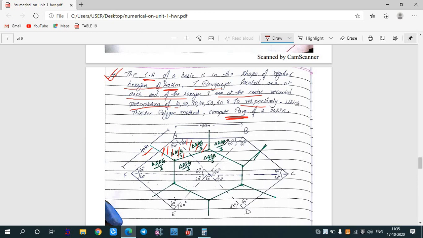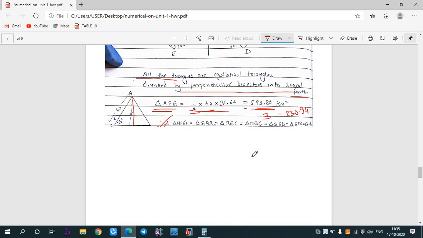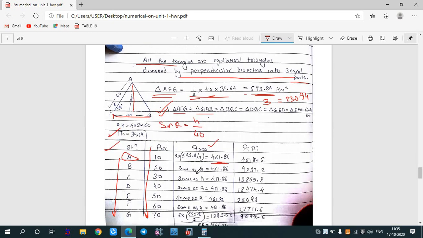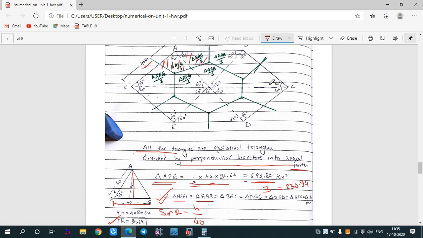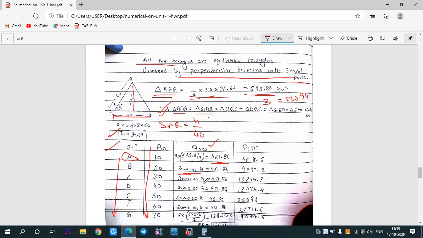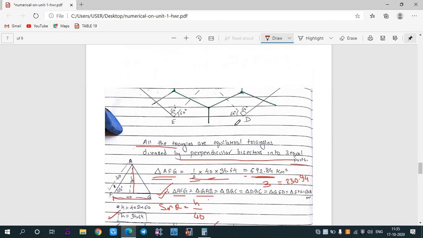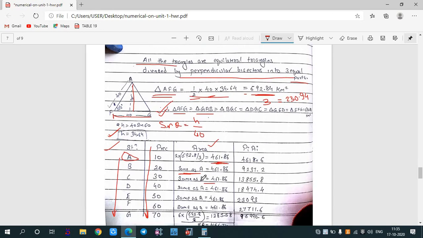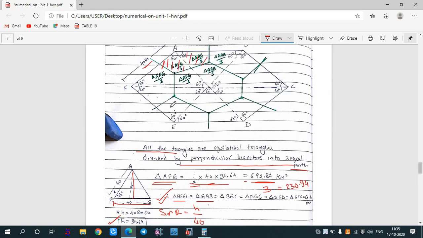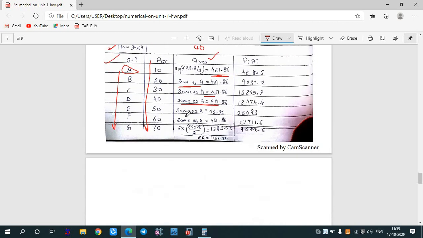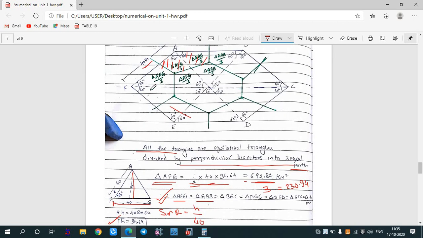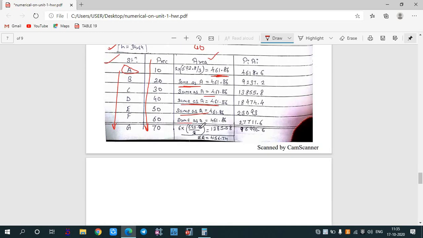Station B, another two parts of the triangles are coming, that will be the same as A. Now in C, what will be there? There will be two parts of the triangle, so it will be the same as A. Similarly D, two parts of the triangle are coming, same as A. Similarly from E, two parts of the triangle, same as A. Similarly at F, it consists of two parts of the triangles, so it will be the same as A.